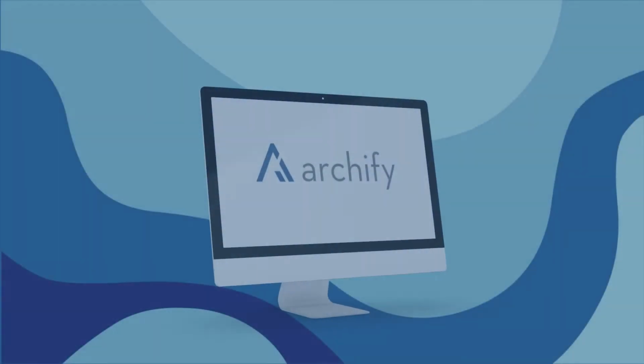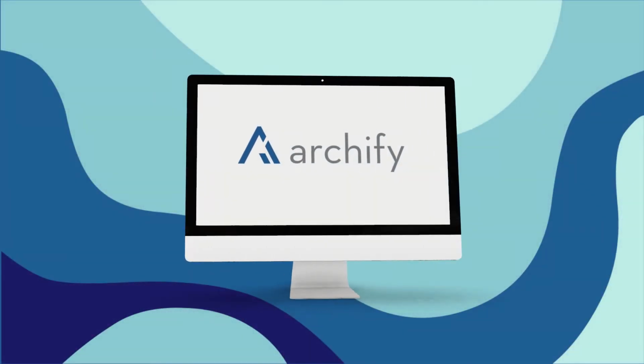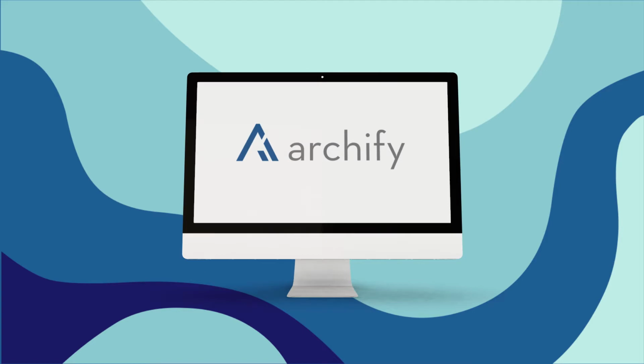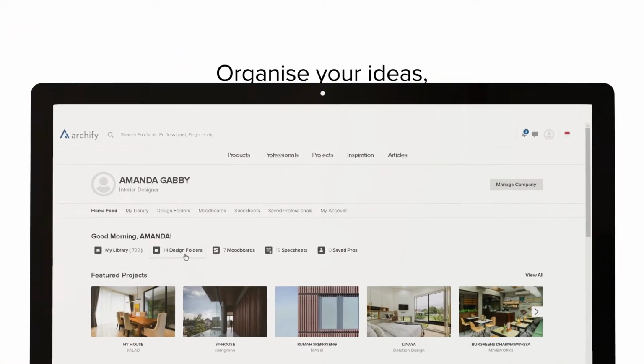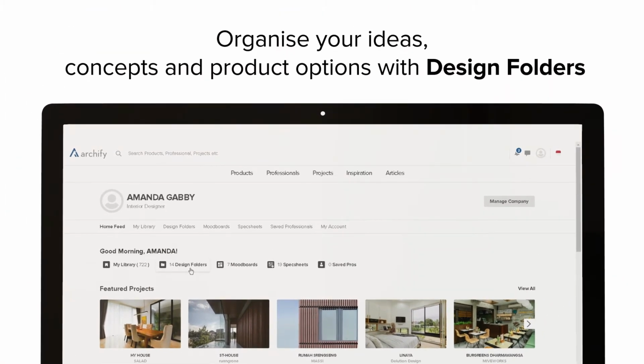We know that every design professional works a little bit differently. That's why we have created Design Folders, a flexible way for you to categorize information that is important to you. Design folders can be used to assist you organizing your ideas and concepts or structuring your product options for the